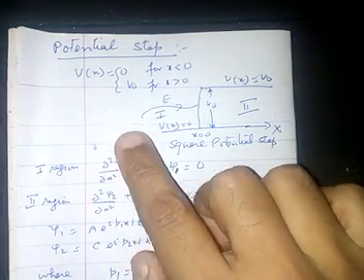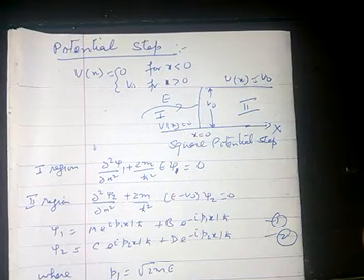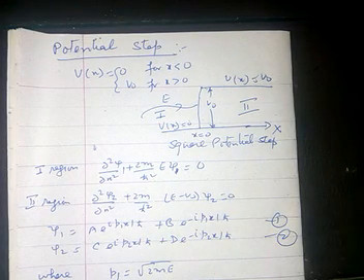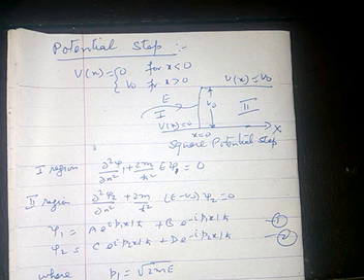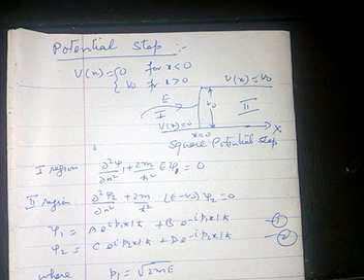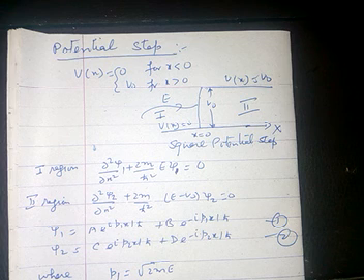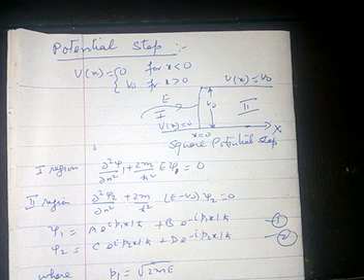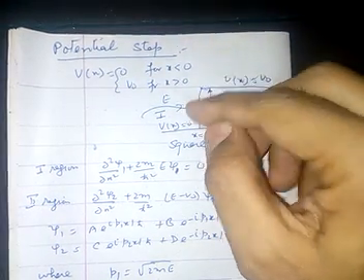Now let electrons of energy E move from left to right, that is, along the positive direction of the x-axis. Let us apply quantum mechanics to the problem, according to which the electron behaves like a wave moving from left to right and facing a sudden shift in the potential at x equal to 0.